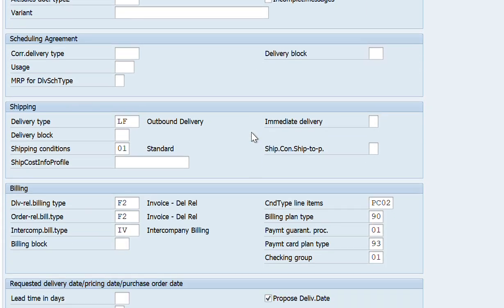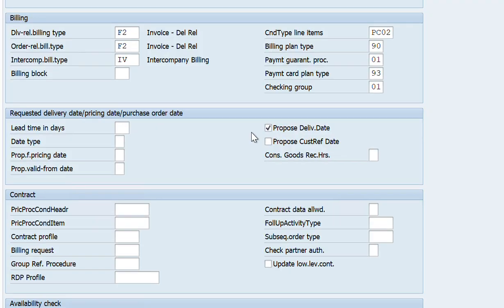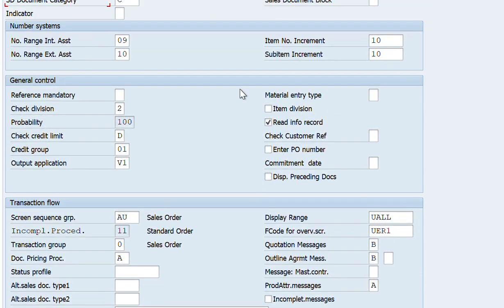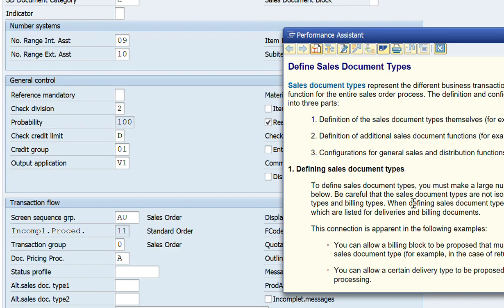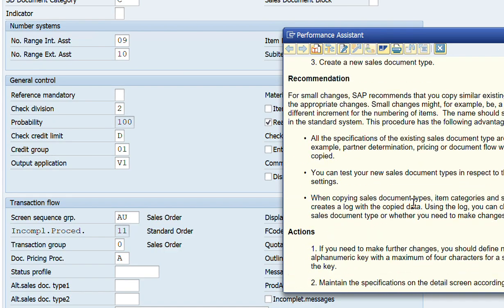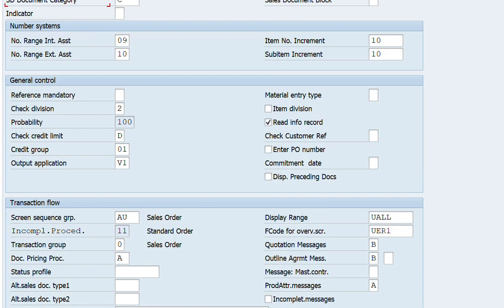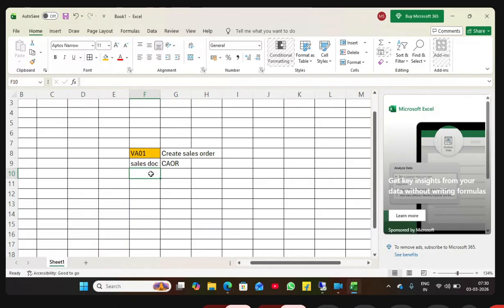Fine. CAOR, right? This is the document type. So tomorrow in real time, that might be OR or ZOR. 99% that will be ZOR. Okay. So sales document type: where we will create that ZOR, where they created. Suppose you joined, they are already in SAP. Where they created in VOV8, that we already learned. Okay. How we created our own document type. Tomorrow, if they ask you to create a ZOR, we will copy from OR and create our own document type. Our own means whatever they required, ZOR.